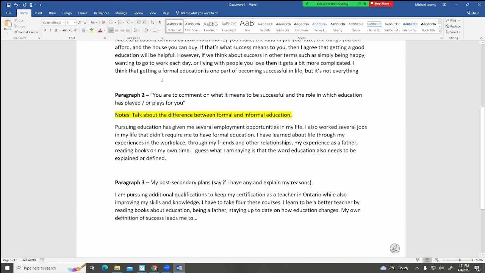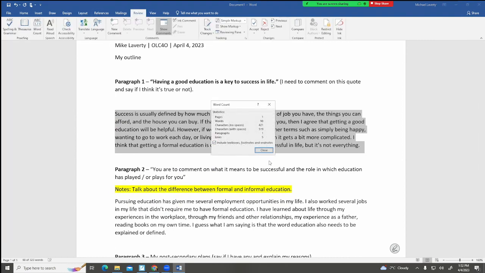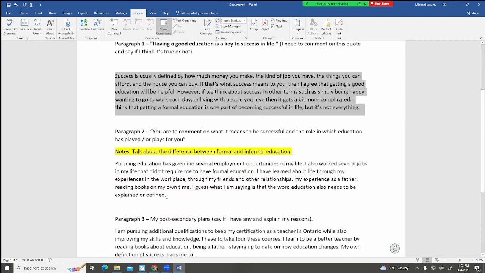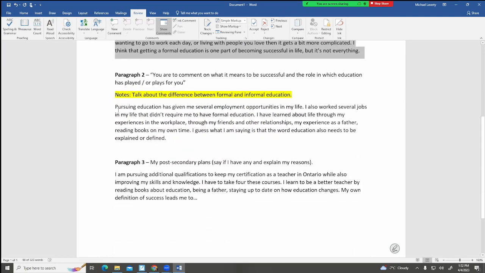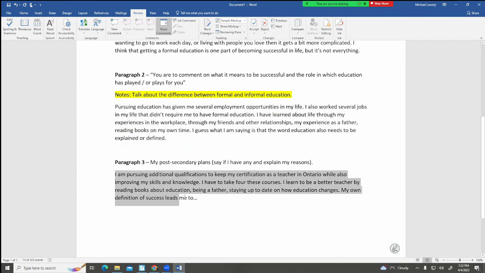So I'm just going to go to my review feature, go to my word count. So I've got about 250 words here, so that's good. The thing is, they're not all usable words. I'm not going to use all of these words, but I'm off to a really good start here,